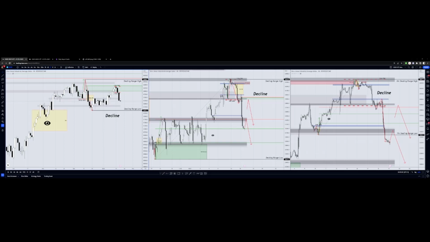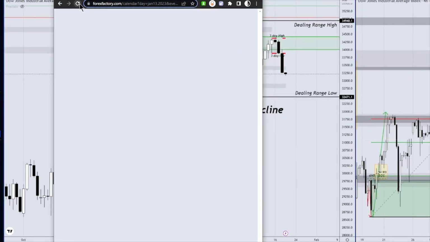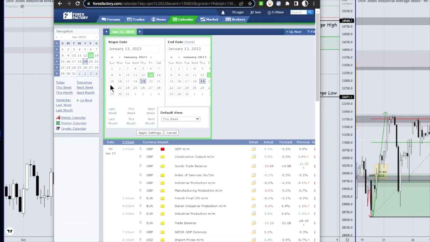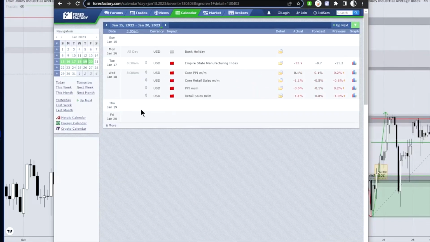With it being Thursday, let's just have a quick look at the news before we jump into the charts. Okay, so let me refresh this. And we'll set up the filters for this week. Apply settings. So the news, main news yesterday